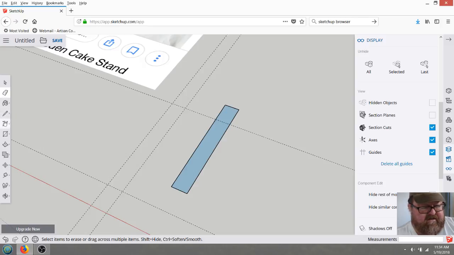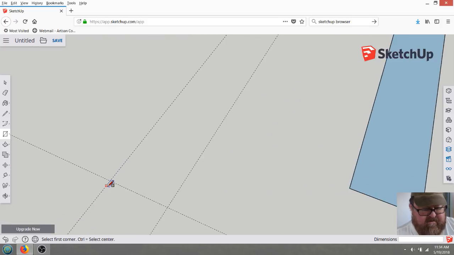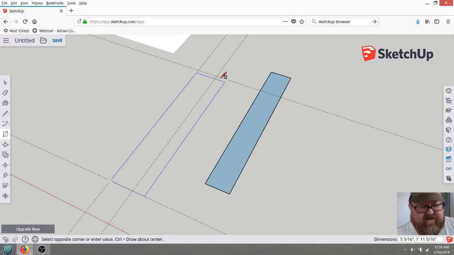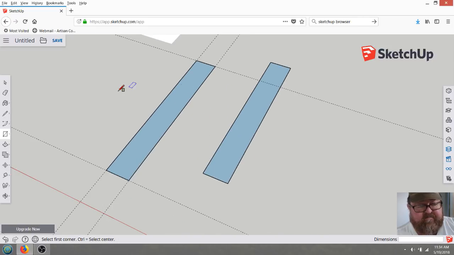But then the rectangle tool is still the best way to do this, because then you would just use your layout. Make sure you got a little X there, so you're on the intersection, and then make sure you're on that intersection, and then you've got